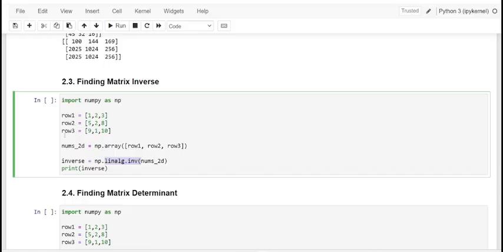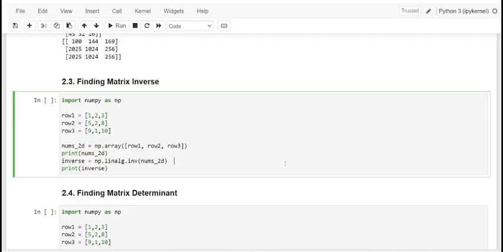We have the exact two-dimensional array, that is the matrix, with row 1, row 2, row 3 as given. Let me first see what is in this nums 2D, the two-dimensional array, and then after inversing it,